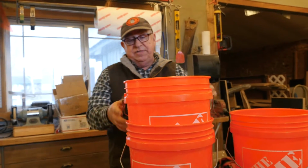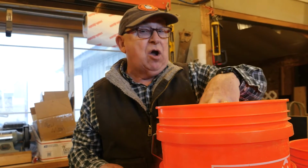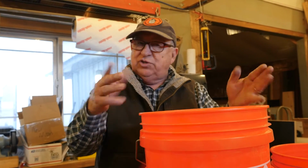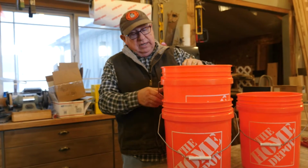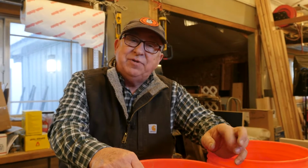The trade-off on this, it adds weight. Secondly, if you've got a really tall stack, it continues to put weight on the bottom of each of these, and it's possible to start cracking buckets down below. But if you got relatively short stacks of buckets, this is a perfectly acceptable way to keep them really handy and ready to dispense. Technique number 3 is actually an off-the-shelf product you can purchase that's been newly developed by